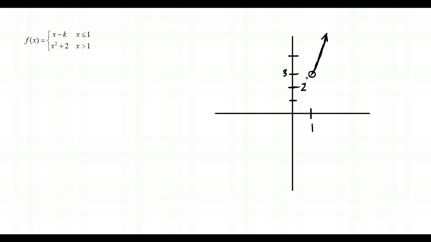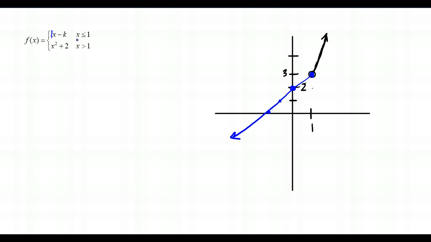So what I need is to figure out what value I am going to be able to plug in so that I end up going through this point. So let's use a different color. I want to make sure that I go through this point and I have a slope of positive 1. So let's go ahead and try to continue this line. If it has slope 1, it's going to go down 1, left 1, and then down 1, left 1 again, down 1, left 1 again. So here's my line